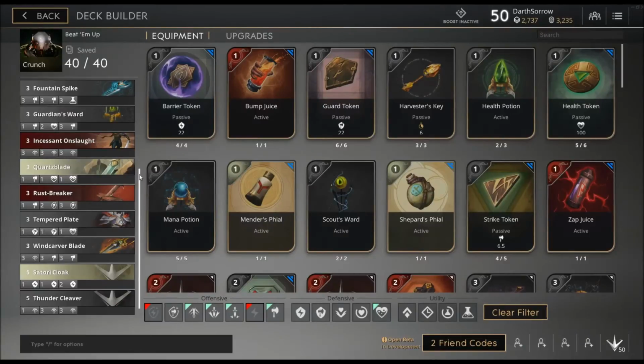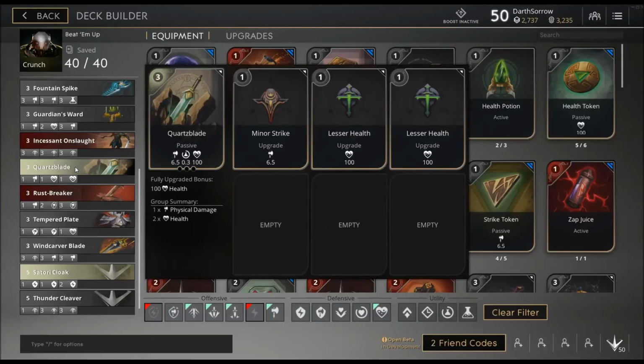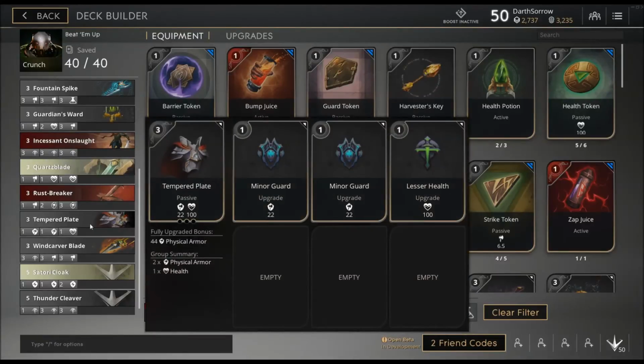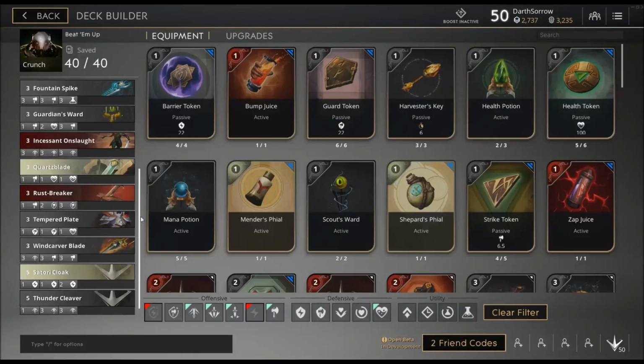It's your decision: going for more damage with piercing and health and a little bit of mana regeneration, or if you want to go with the Tempered Plate, getting some armor and even more armor with the energy armor and shredding the enemies. Just check this deck out, test it, play it, and I think we should have a look at